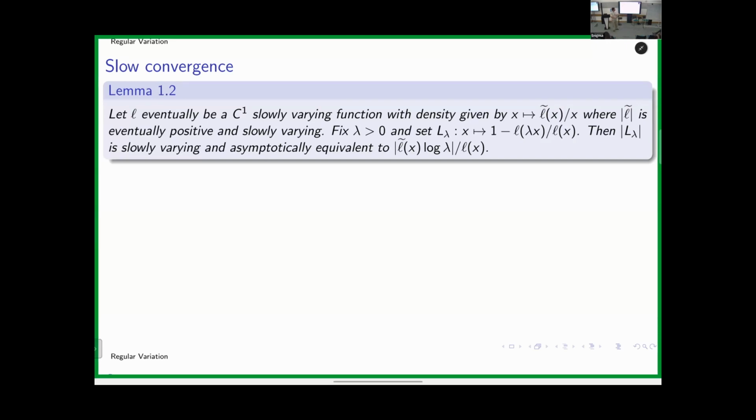L of x, the only thing, if it has a density, then the density is equal. If you look at the representation theorem, the only thing you know about L tilde is that it goes to 0. You don't know anything else. The representation theorem has e to the minus integral.